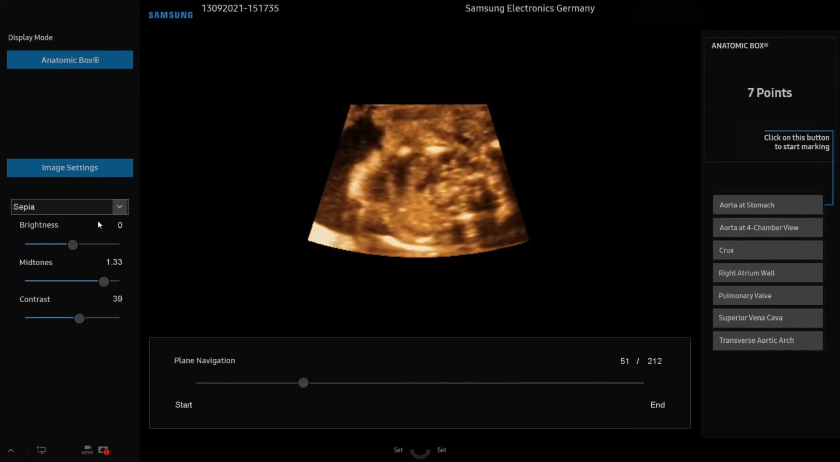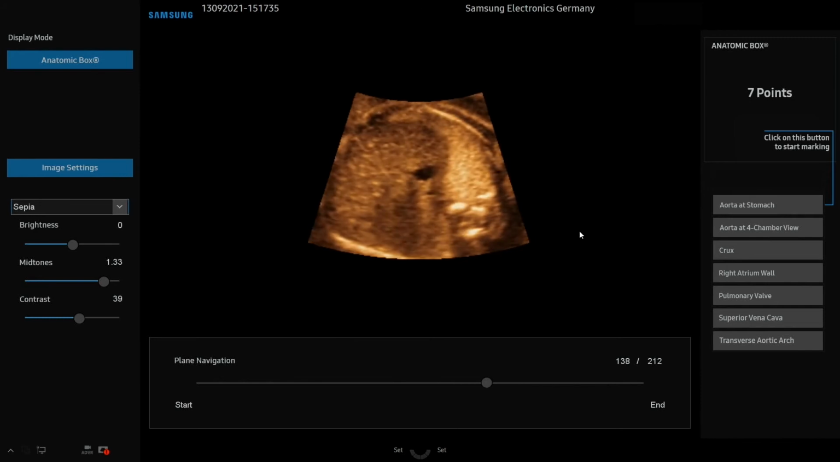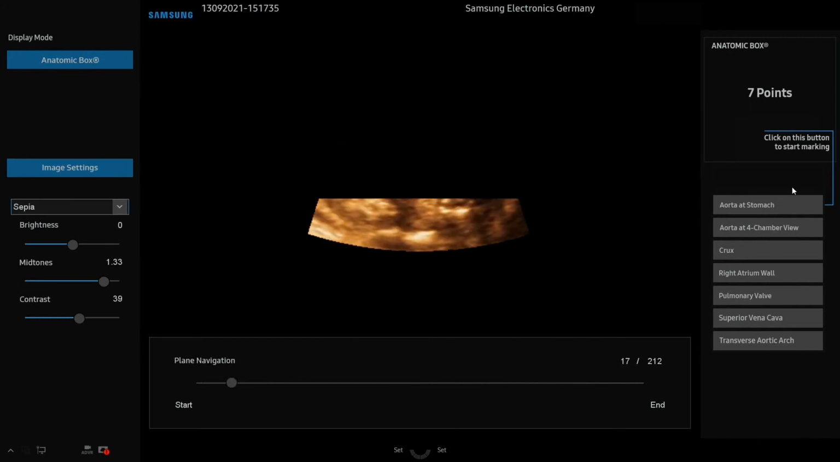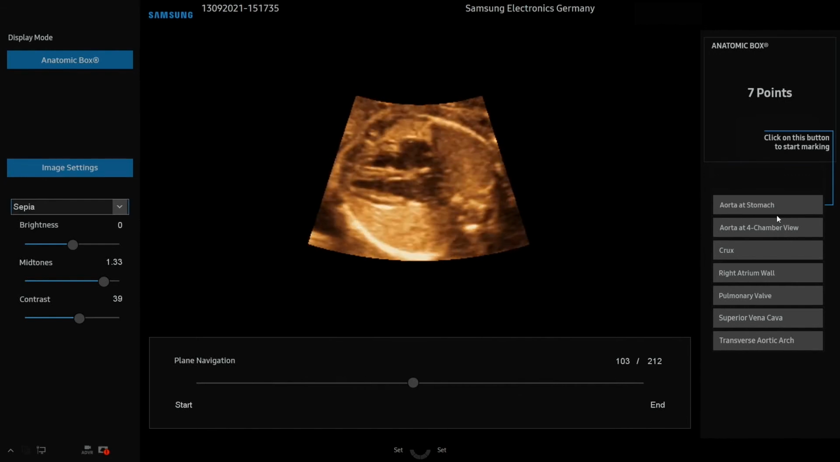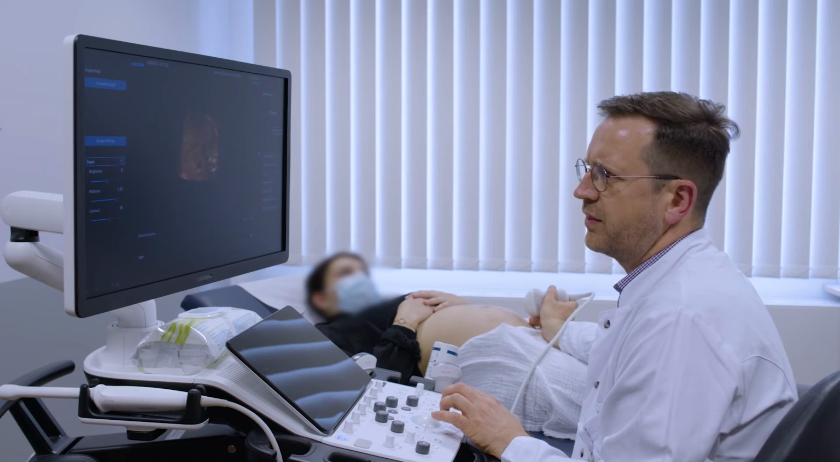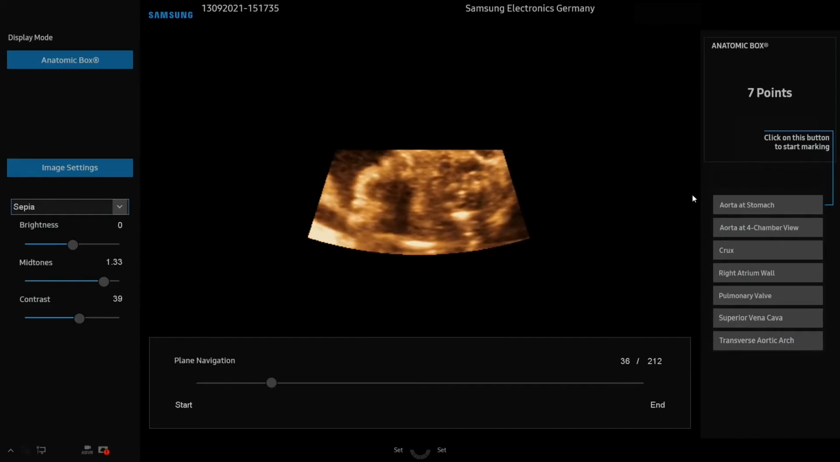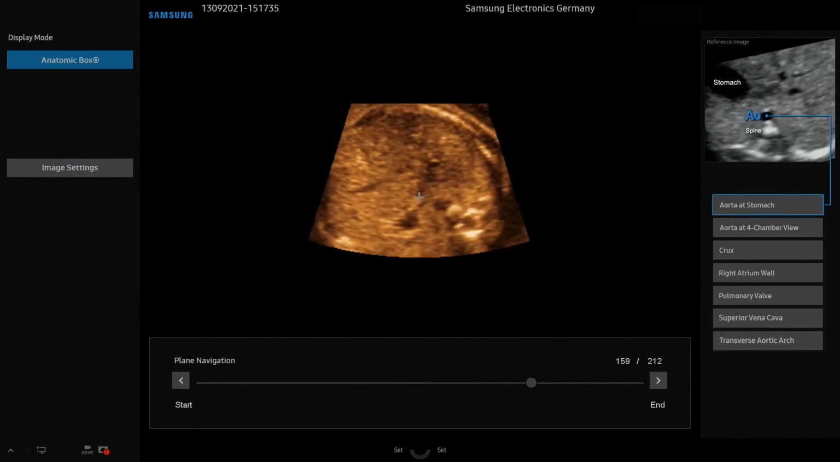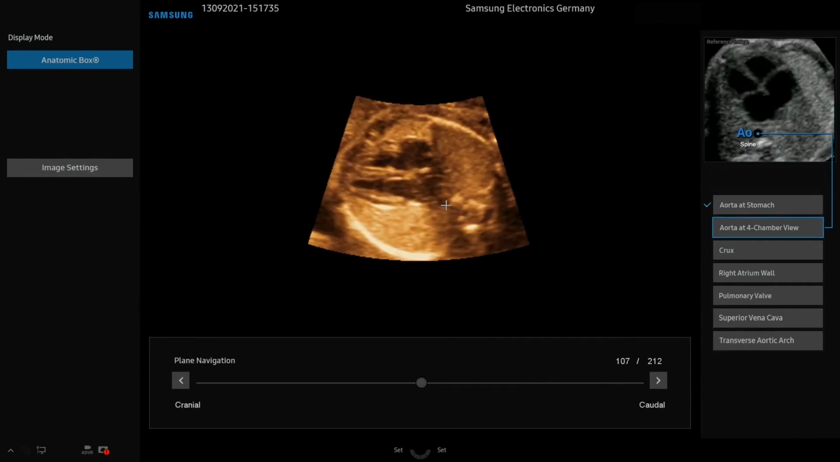And you see here on the right, I have to mark 7 anatomic structures, and prior to this I can assess the image quality in this 3D scene, and I see here that all the anatomic structures are captured within the volume. And I start with the aorta at the stomach. You see on the right side, upper right side, there's a template how to mark the landmarks here, and I will mark the aorta at the stomach, and I will be asked to do the same at the level of